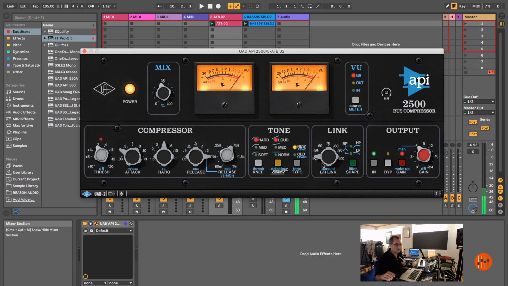So just to recap on those initial settings that allow you to hear exactly what you're doing with each control: set the attack to the fastest, the ratio to full, the release to its fastest, the threshold so that the entire signal is getting compressed. If you have a mix control on your compressor, just make sure it's 100%. Then you play your track